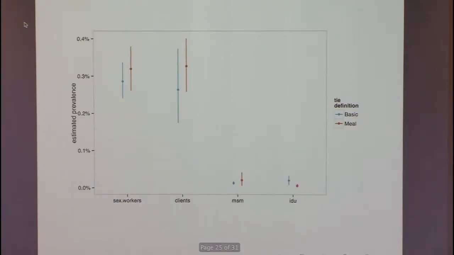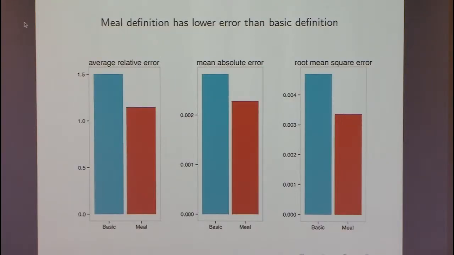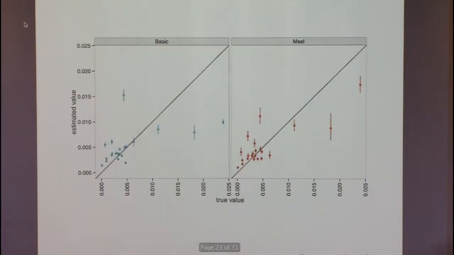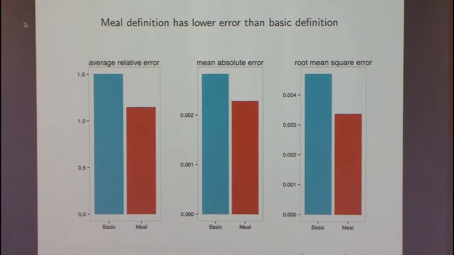So here we've asked, how do we decide on this tie definition? Now, in a lot of other work in this area, it would be like, well, I think it should be this, and I think it should be this, and I think it should be this, and it would just be never-ending. Here, we have a clear pre-specified criterion for deciding. And by several different error metrics, one works better than the other. So we've actually potentially made some progress.